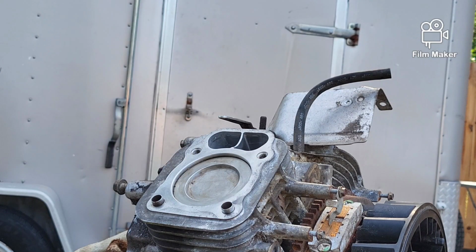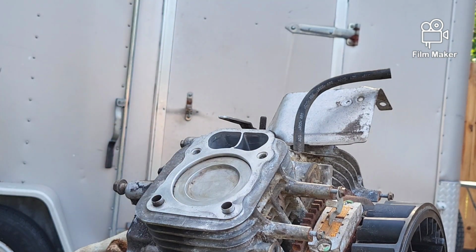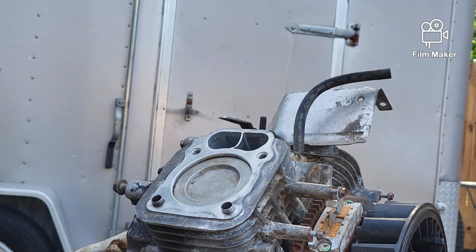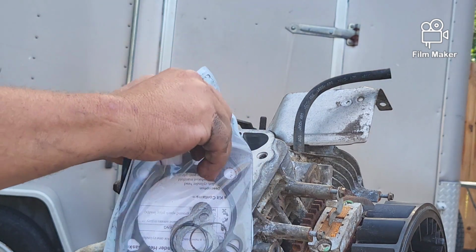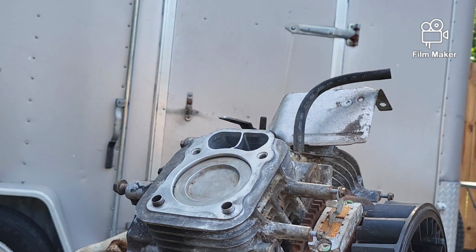Alright, I don't know how much of this you'll see, how much you won't see, how much I care to show, that kind of thing. But we got our push rods back here. We got our new gasket set, and for some reason this gasket set came with 1 head gasket and 2 of everything else. So 2 exhaust gaskets, 2 intake gaskets,